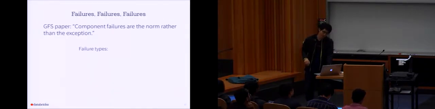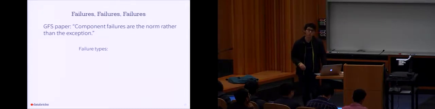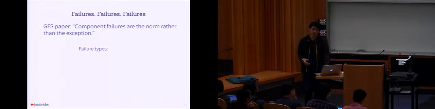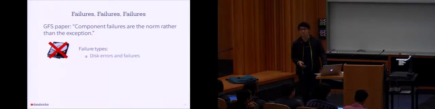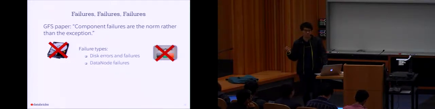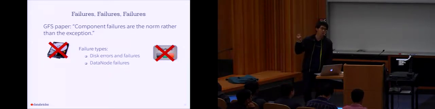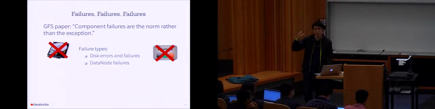The most interesting part about GFS is really failures. What Google found back in 2003 at their scale was failures are very common. And there's all kinds of different failures. For example, your disk might fail. A single hard drive's lifespan is actually fairly short. Data might actually return incorrectly from the disk, so you might have a bit that's corrupted on a disk. And then a whole node might fail with those disks.